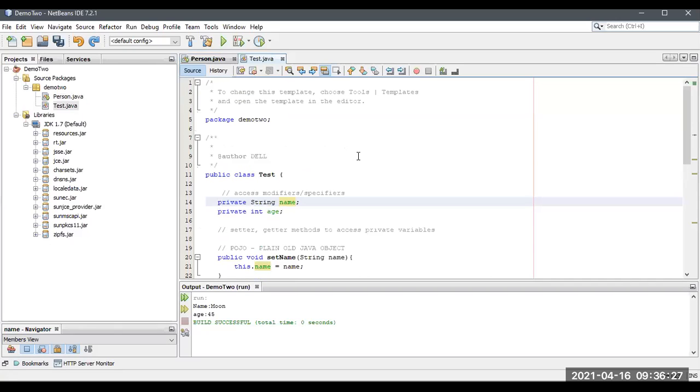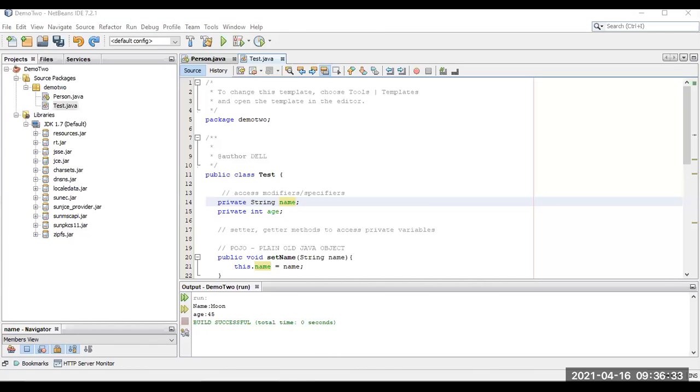Okay, what is a constructor? Let me show you one thing. So what are constructors? The constructor in Java is a special method that is used to initialize objects. So, sir, already we have objects. Then what is the use of a constructor itself? The main use of a constructor is after creating an object in another class.